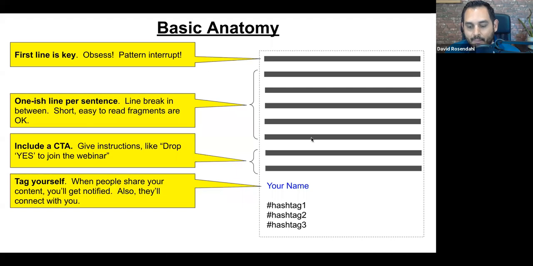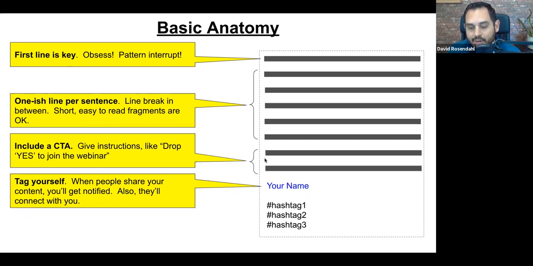Now, at the end here, you see where it says your name? That's going to be your name, obviously. You should tag yourself at the bottom of the post. If you don't know how to do that, I will be showing you how to do that. Don't worry, okay? The reason why you should tag yourself at the bottom of the post, I know it sounds weird, I'm talking about LinkedIn again specifically, is that when people share your content, okay? When people take this post of yours and they like it and they start to share it, you're going to get notified if you're tagged, okay? So if you don't tag yourself, you may lose that visibility into where your content is going, and you may be losing opportunities to engage with a wider breadth of audience, okay? So tag yourself, which gives you that insight.